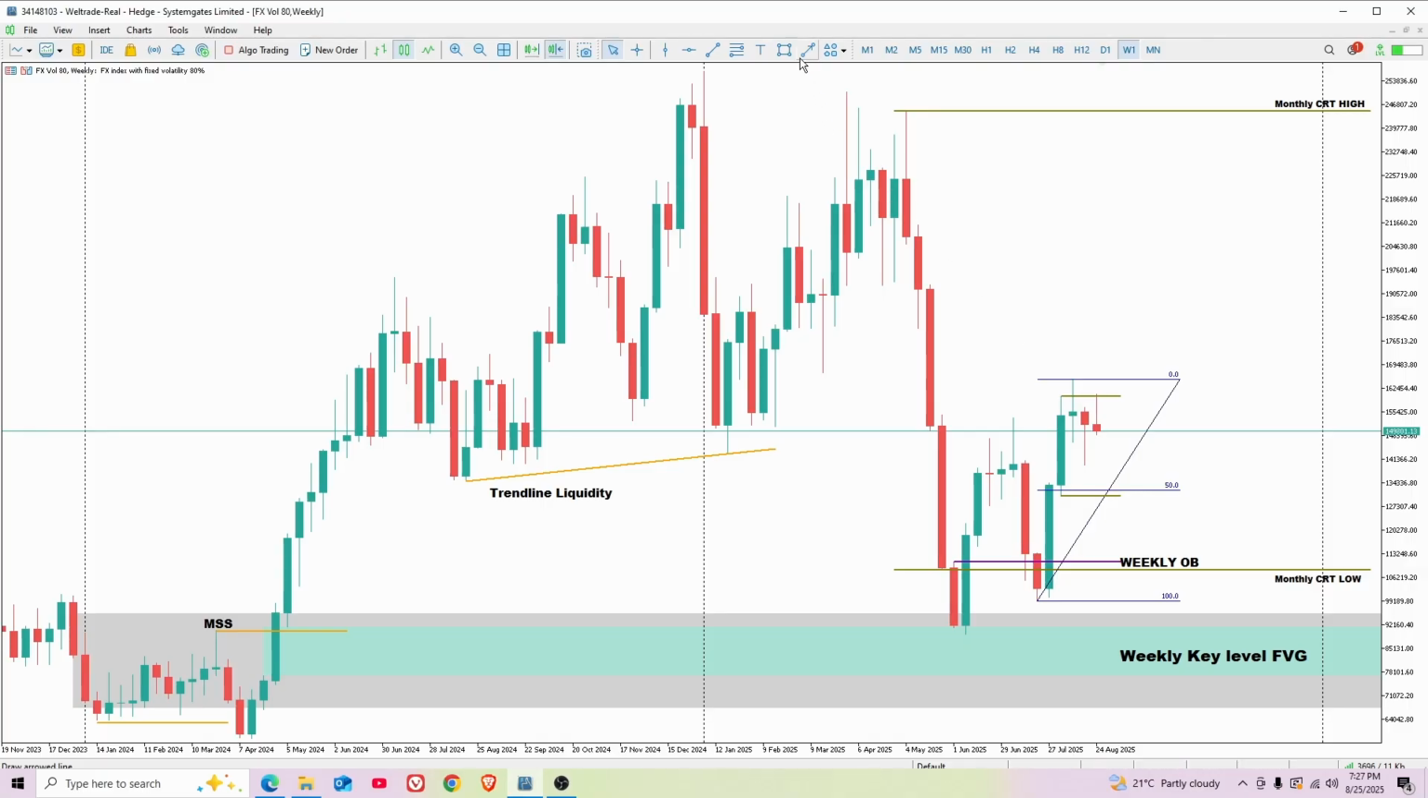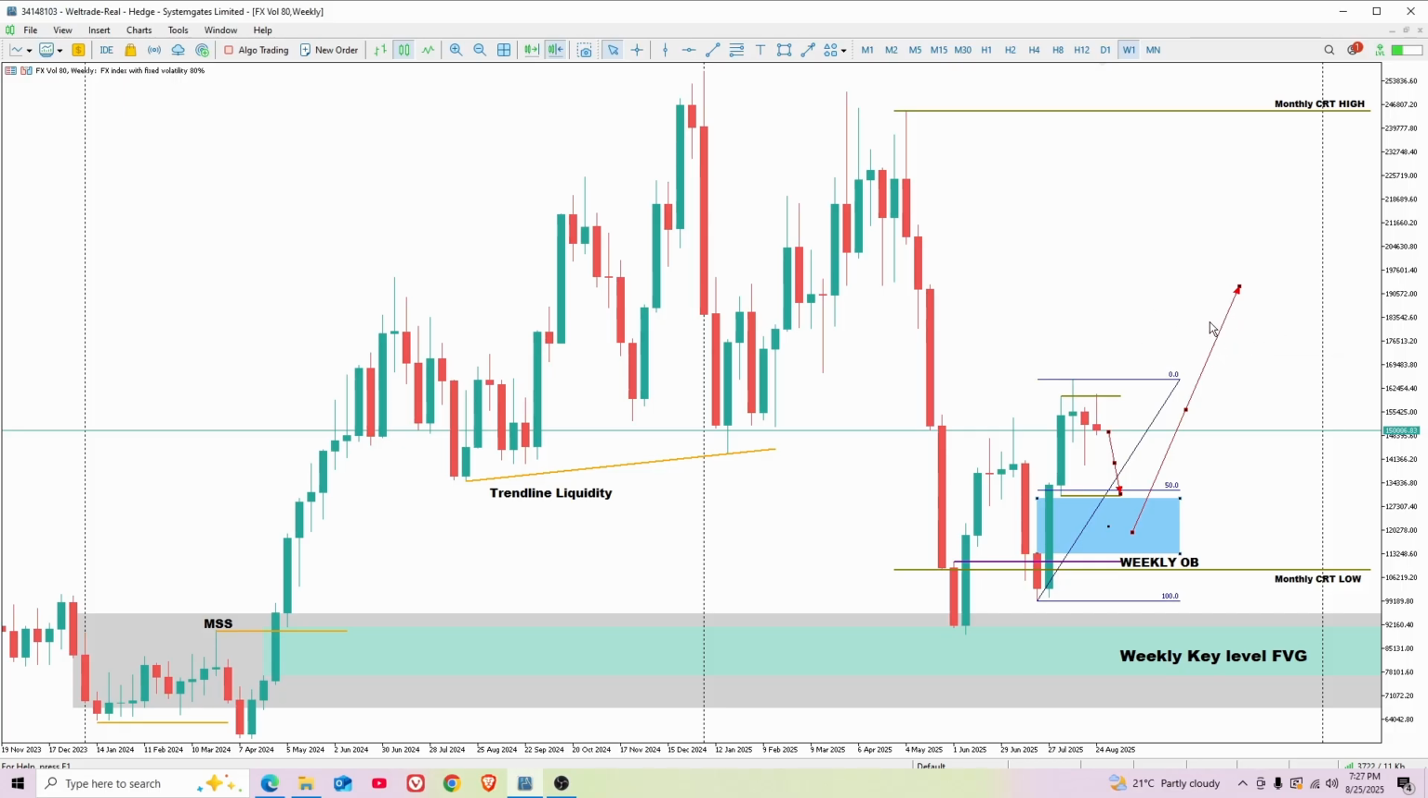What is our target? At the moment, our target is the CRT low, which happens to be in our premium area, which happens to have a key level below it, which is a fair value gap and an order block. From this area, we can then expect that the market will start pushing higher, taking out these highs, giving us another CRT